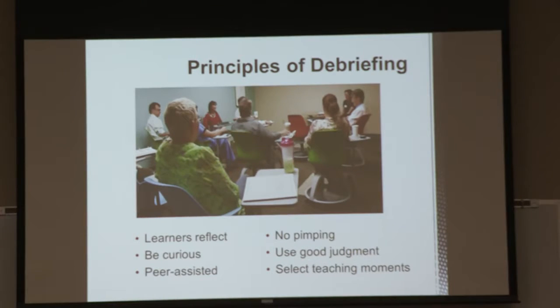And that's really contrasted with the Socratic method. The Socratic method was really intended for a one-on-one kind of dialogue, not in a group where there might be embarrassment. Use good judgment. It doesn't mean be non-judgmental. Your job is to close gaps, so you have to figure those out and find a way to communicate about them. And then select your teaching moments carefully.